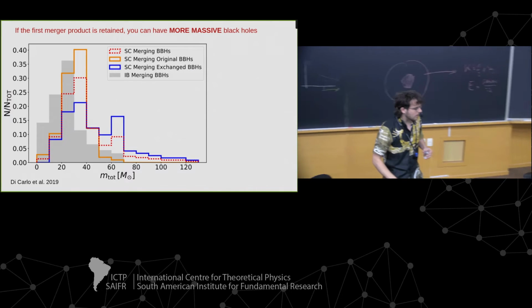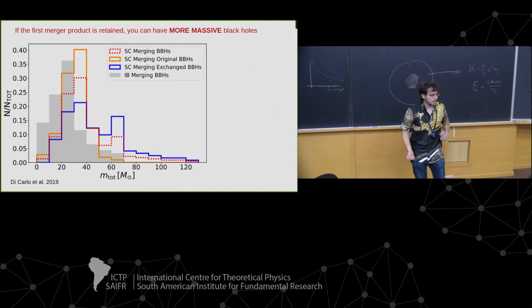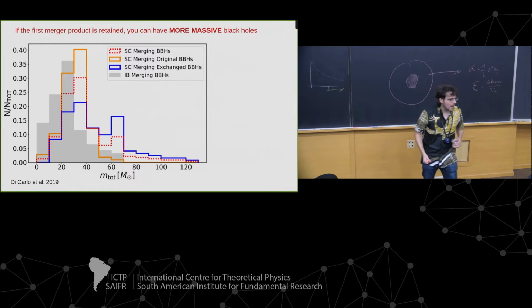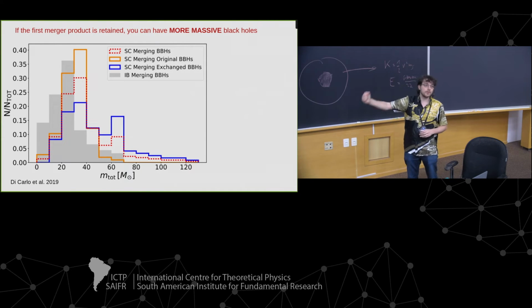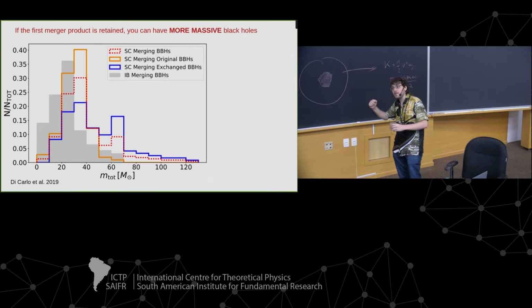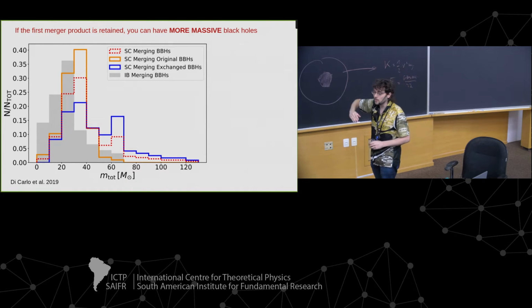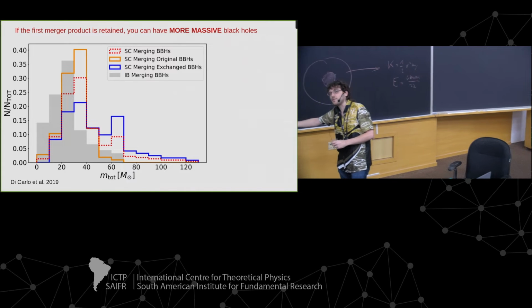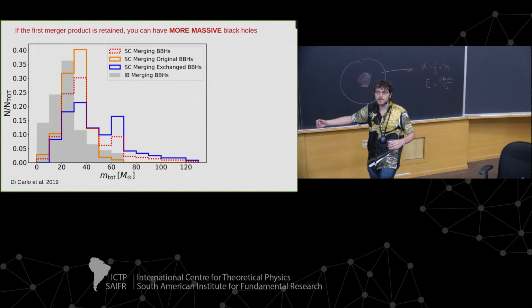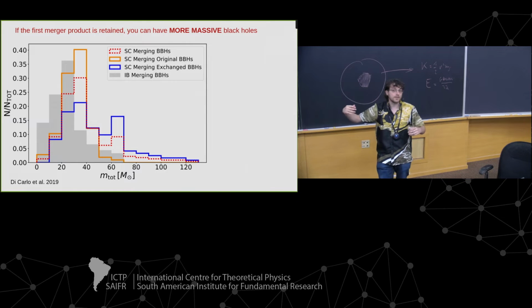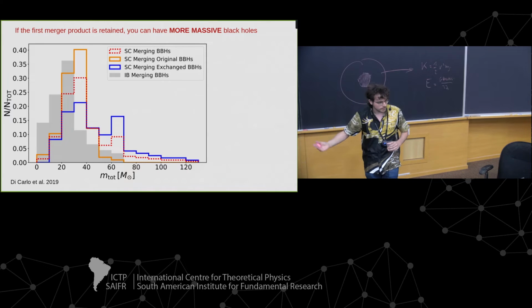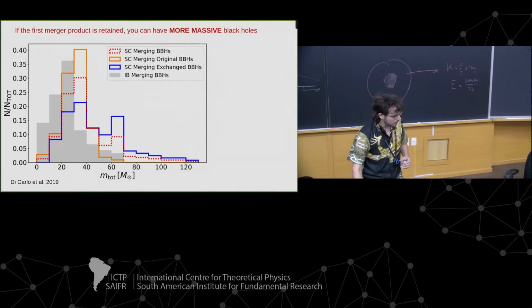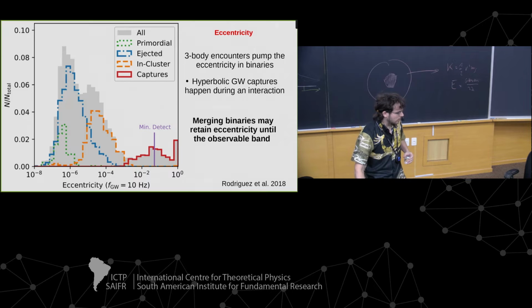So another property is that if you can retain the merger products. If you can retain a merger product of the black hole, you can maybe merge these with another black hole, and so you can build up mass. This is something that you can use to overcome certain barriers that I think Filippo talked about, like the pair-instability gap, where the whole star simply blows up, and so we don't expect any black holes in that mass range, but from isolated evolution, not from dynamics, for example. But I will talk about it later.